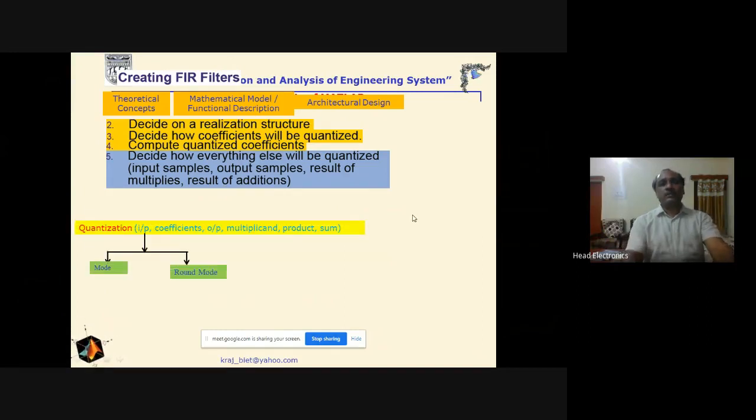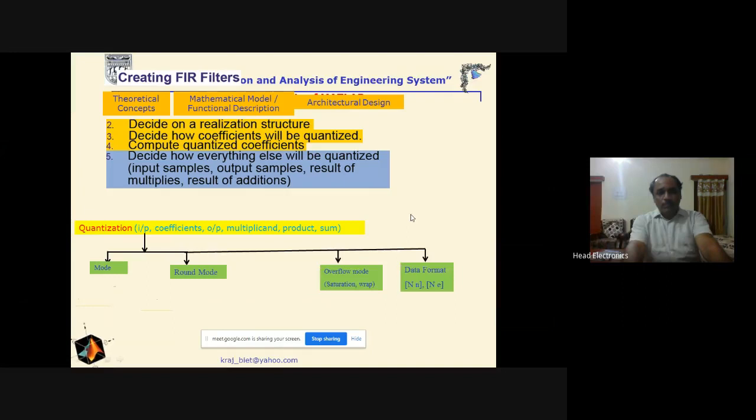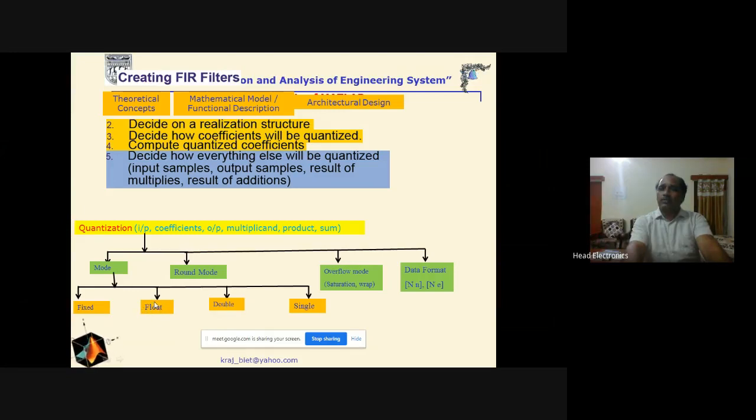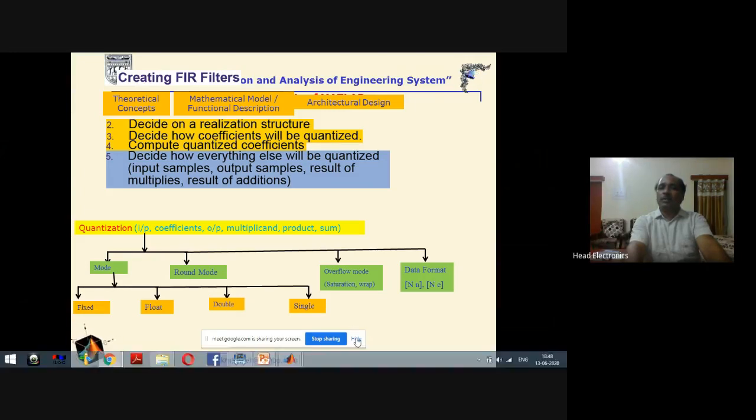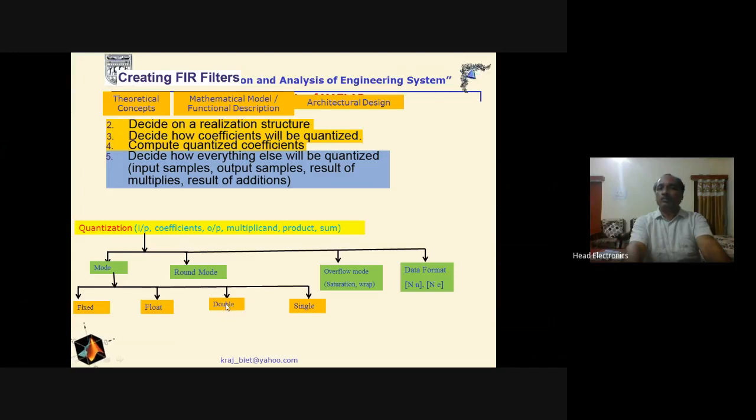During the time of the quantization, we have to select the mode, that is the number mode, whether it is the fixed point or the floating point, or it is the user defined floating point. Our floating point has the standard IEEE 754, and it has two types of the standard. One is the single precision and the second one is the double precision. Single precision means 32-bit and double precision means 64-bit representation here.